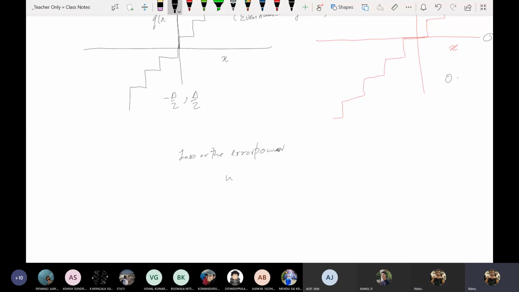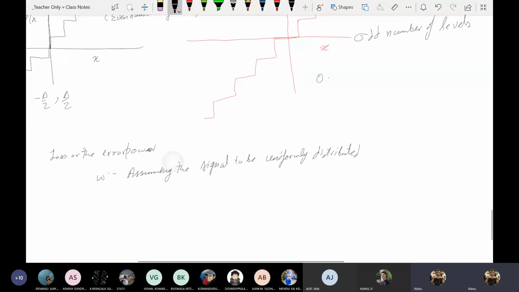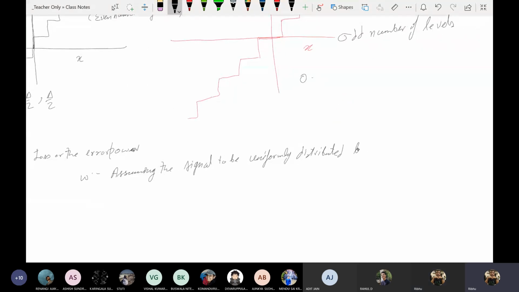So assuming the signal to be uniformly distributed between